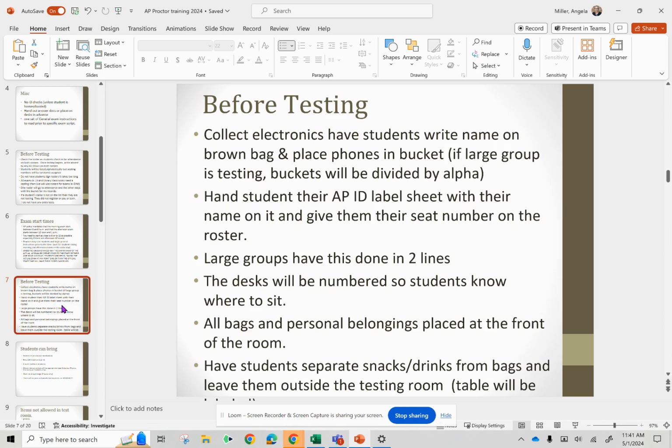I've put several Sharpies in your buckets, and then they're going to put their phones in the brown bags, and then we'll put them in buckets. If it's a large group, I'll try to have several buckets, and we'll divide those by alpha. You're going to hand the student their AP ID label sheet with their name on it, and then you're going to give them their seat number that's